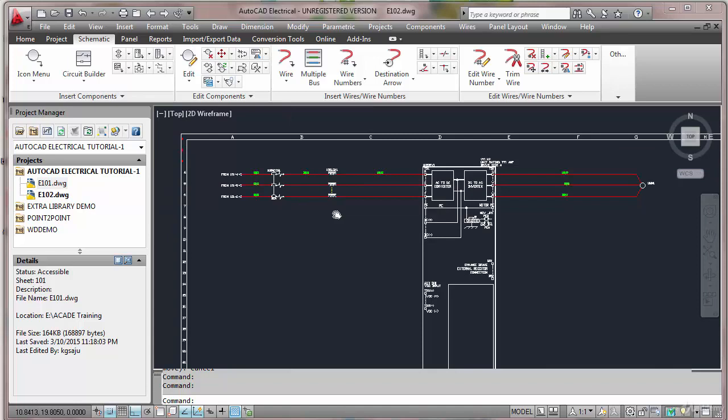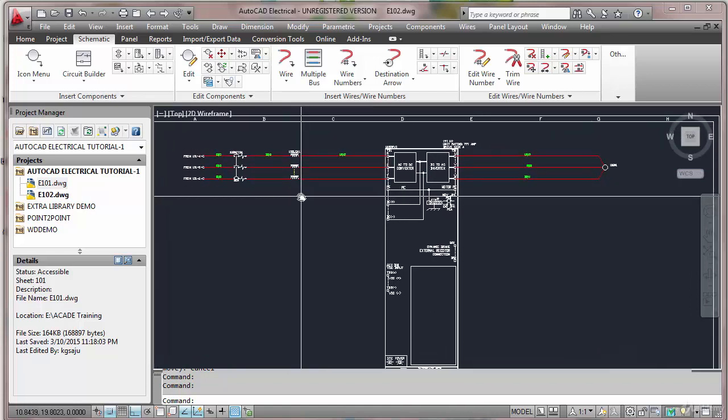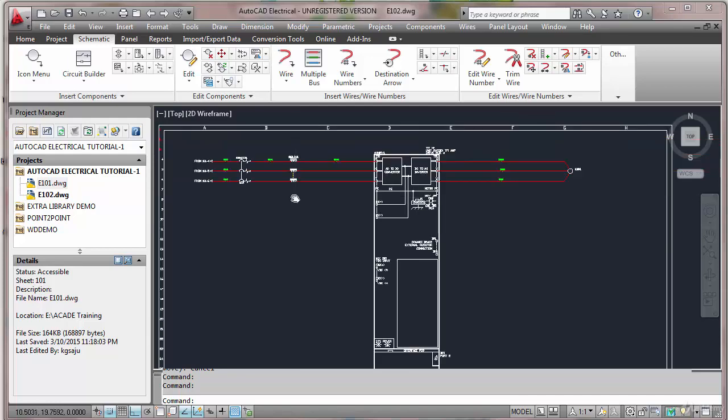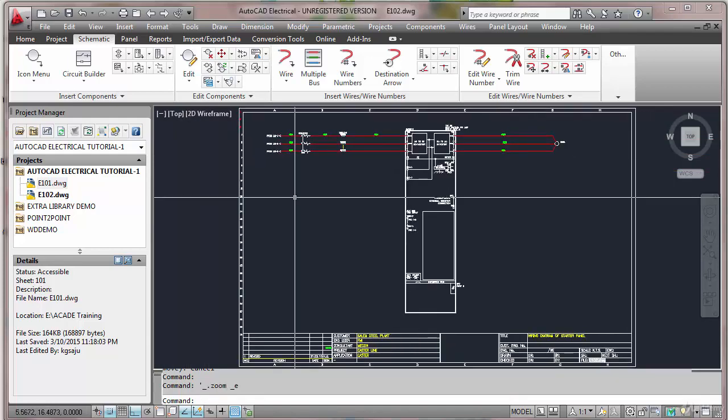There we have to use so many relays that will give you a clear idea about how to do the cross referencing, how to insert ladders and many things. So next session we will cover that. Till then,